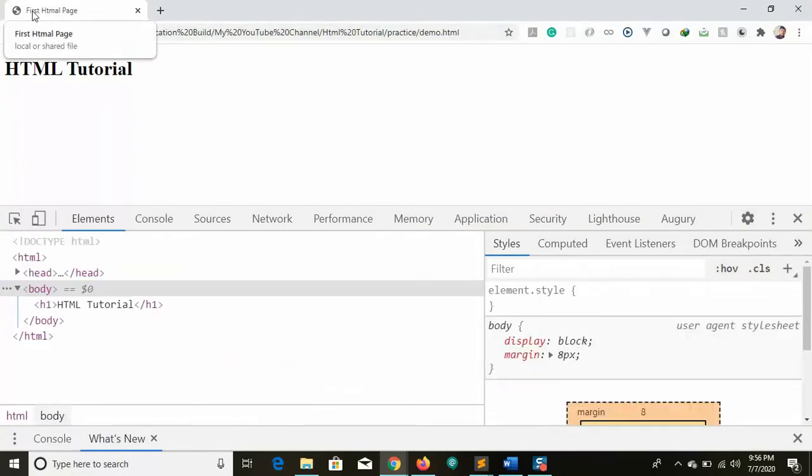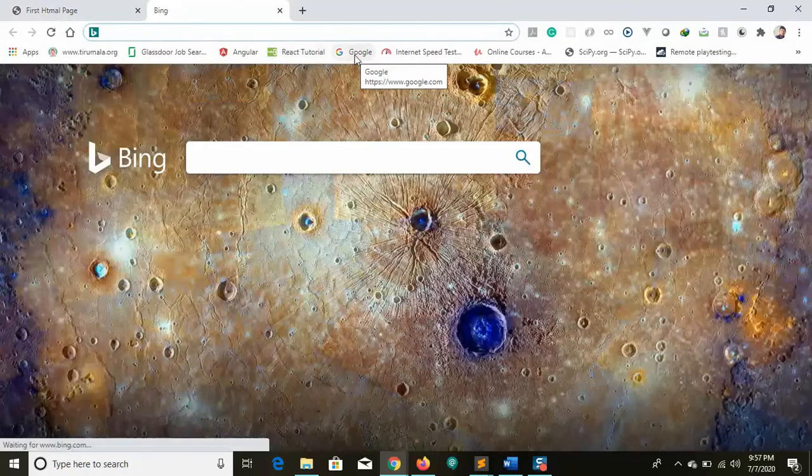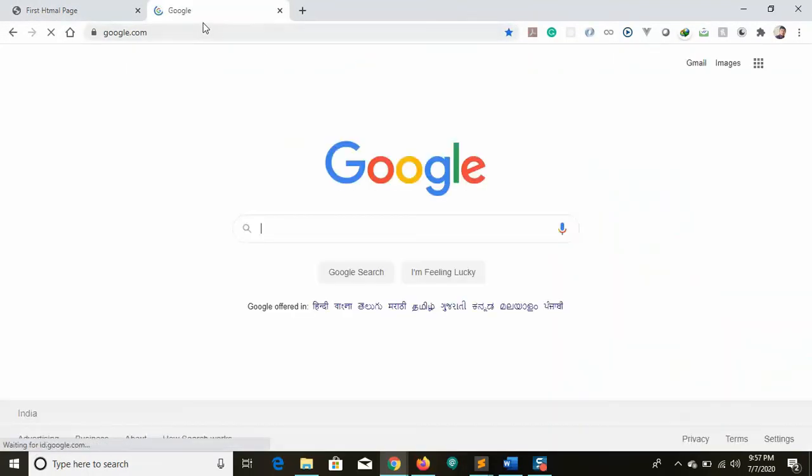Previously we have seen the demo.html, right. So now we can see the first HTML page. Okay, spelling is wrong. HTML. So the first HTML title has been shown. If you go to any Google page, you might see Google, right. In the same way we have our title. There is also some image, right. So we can also have an image for our application.